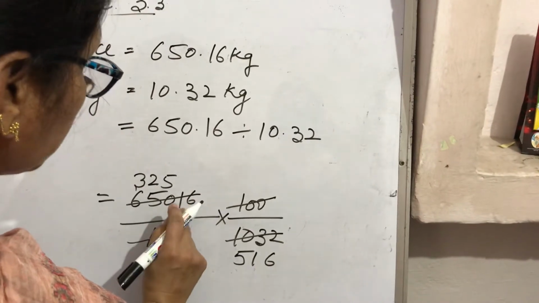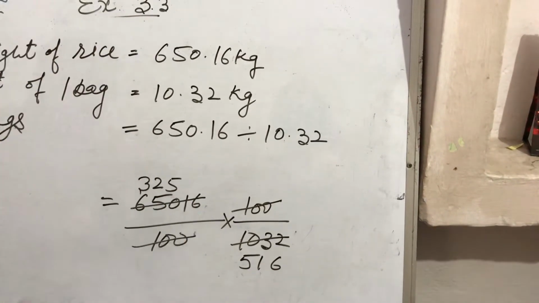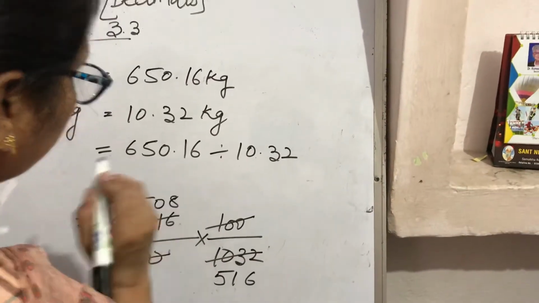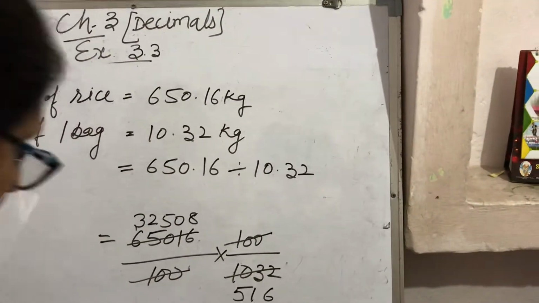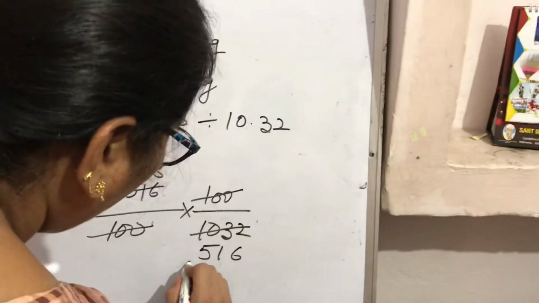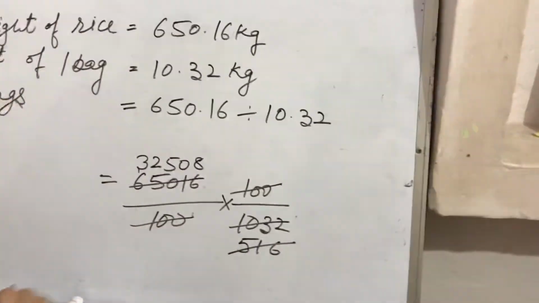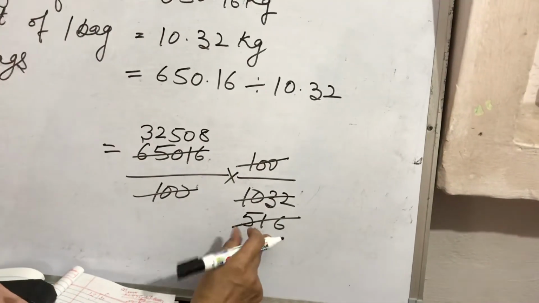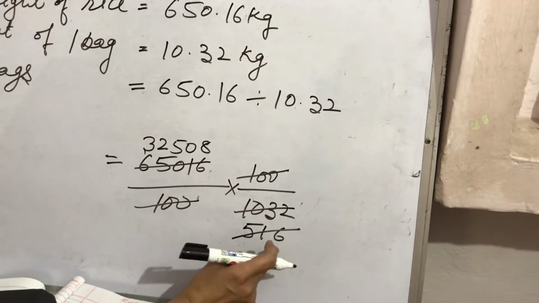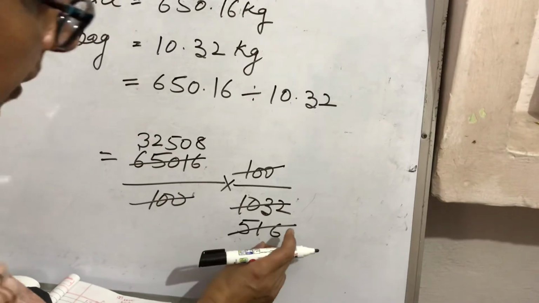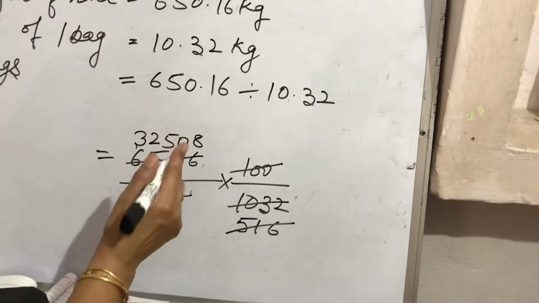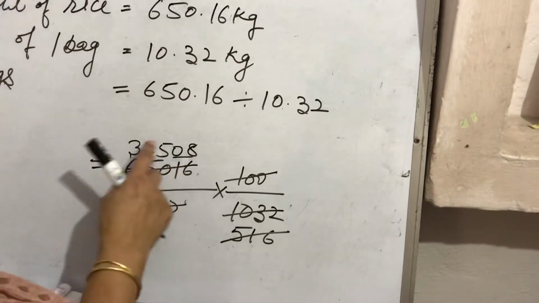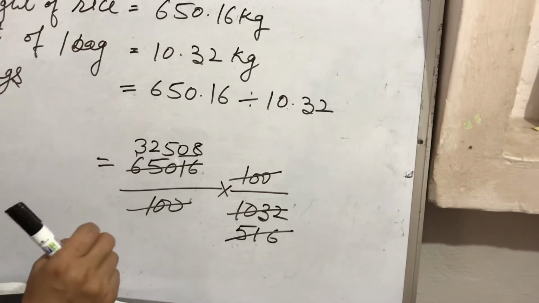Then we are using 2 digits at the same place, that's why we are using 0. Then 8. Again we will reduce. The last 2 digits are 1 and 6, 16, so it will be divisible by 4. Again the last 2 digits are 0, 8. This number will also be divisible by 4.